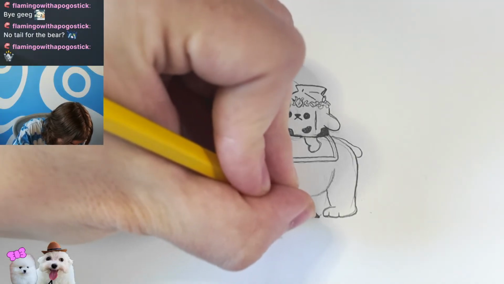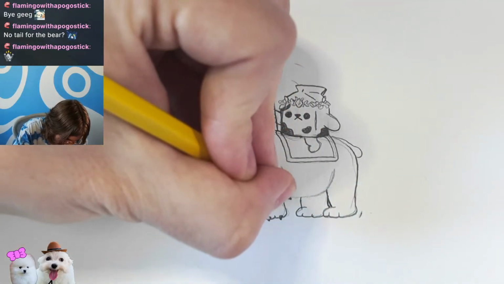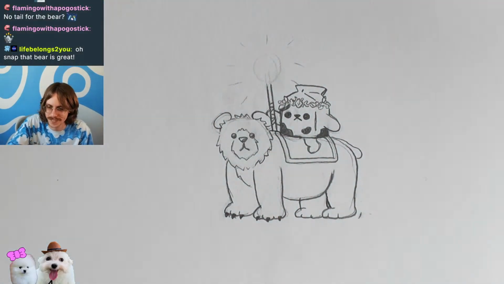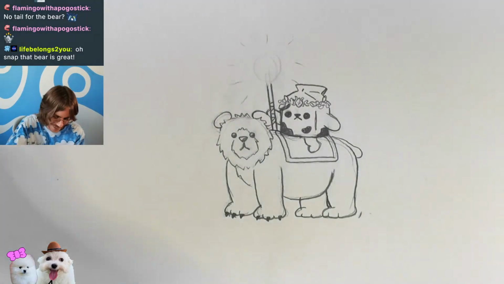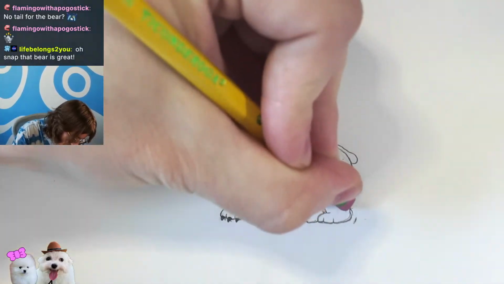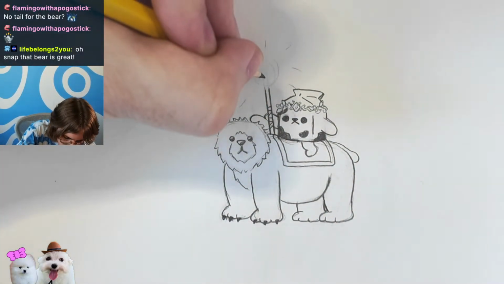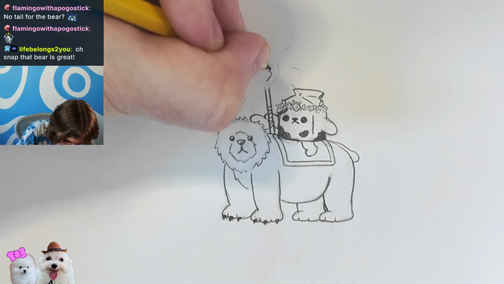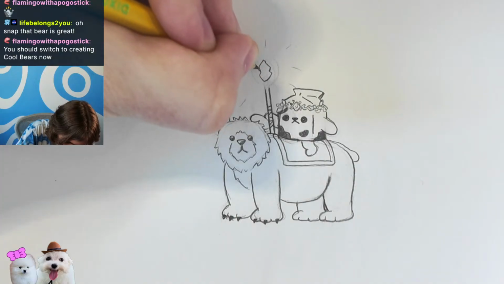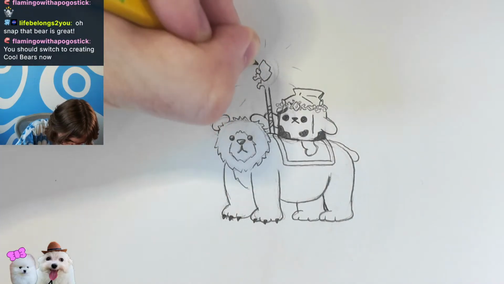It's so funny, I'm more pumped about this bear that I drew than the rest of the drawing. The bear is pretty. Oh snap, the bear is great. I like the bear. I'm here for the bear. I think I'm even gonna shade this one in so it looks a little bit better. But then we need some sort of crystal, but I'm just freestyling on this staff here,